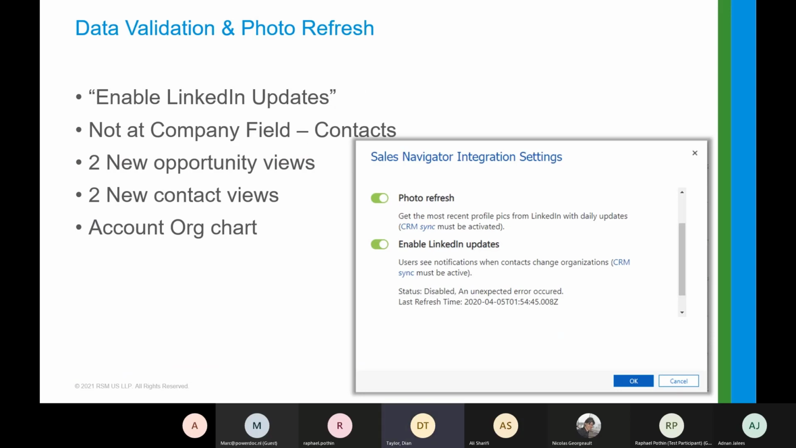Now, after you have configured the synchronization, and in order to get that synchronization functionality, you will need the enterprise license, and that's LinkedIn Sales Navigator Enterprise, right? Then you can configure data validation. And when data validation is turned on in Dynamics 365, you're going to get a new option set field that's called